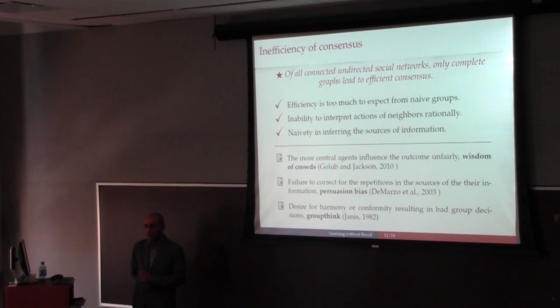Most significantly, if somebody in the network is located in a very central position, then that person's actions and opinions are going to play a major role in shaping the consensus action. And this major role is because of their location rather than the quality of their observations. So the share of people in shaping the consensus action goes back to how well connected they are rather than how good the quality of their observations are.